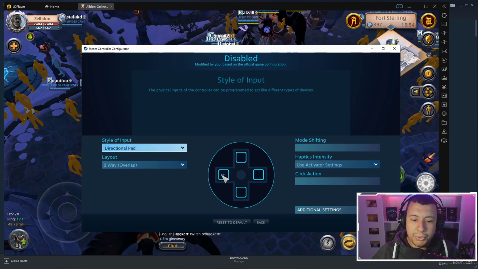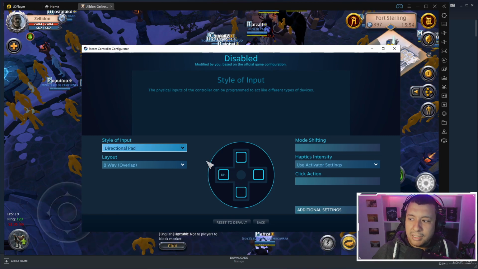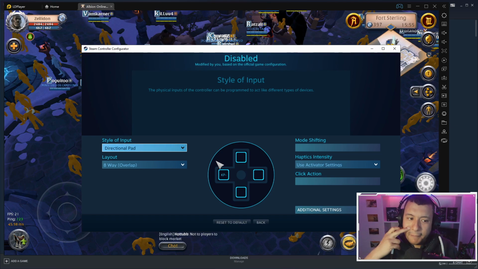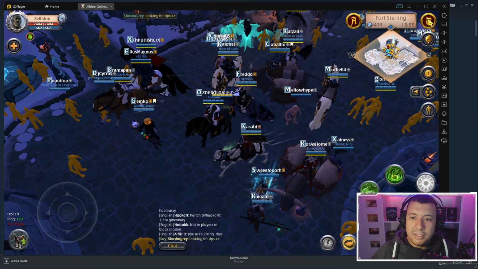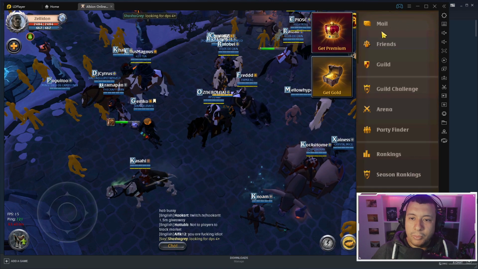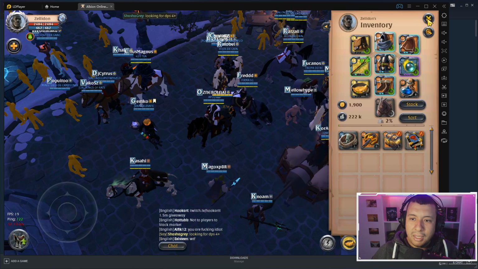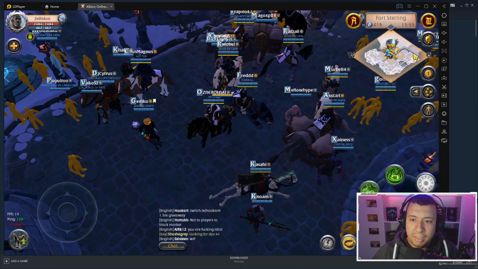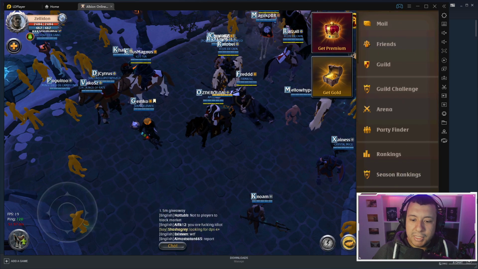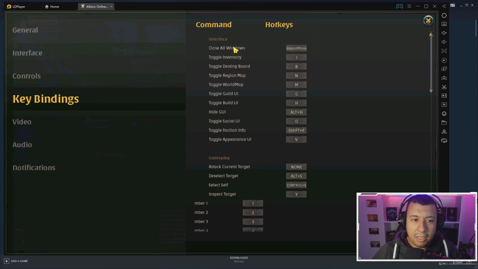directional button to keypad minus, and the reason I did that is, okay, let me back up. So let's go into the game actually. The other problem is we need a way to actually close screens and stuff. So when you open up your inventory, it's gonna be really clunky to go up here and click X all the time. But we can go into the game settings here and then go to key bindings, and there's a